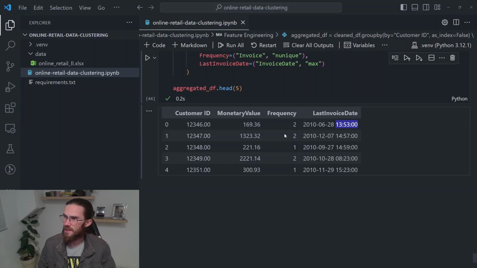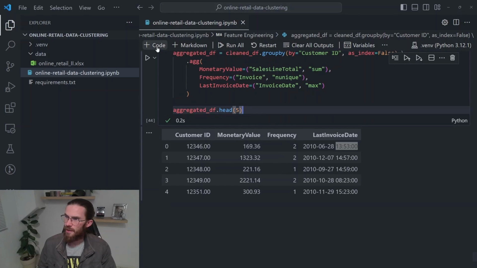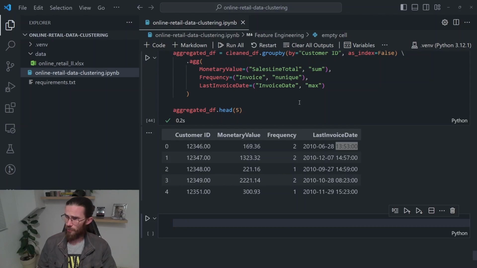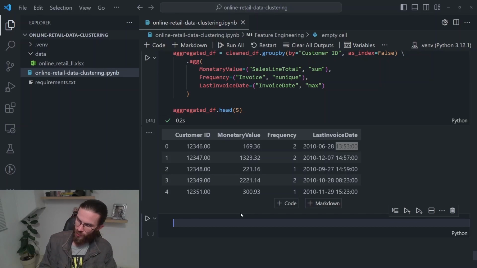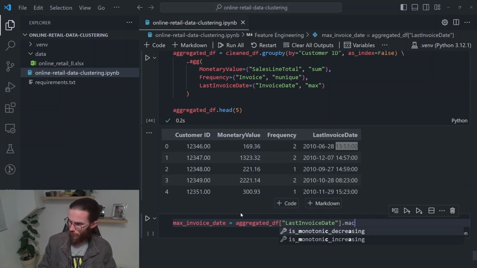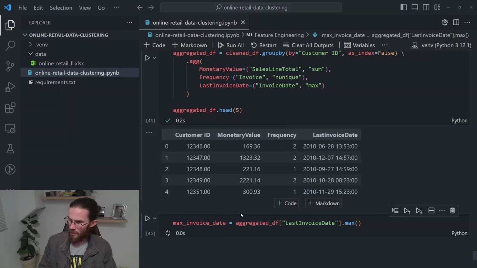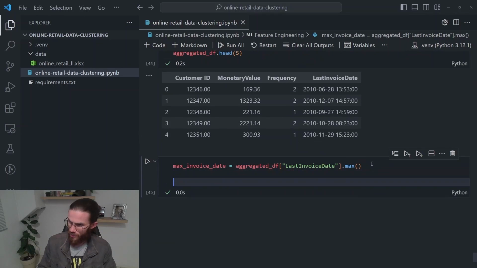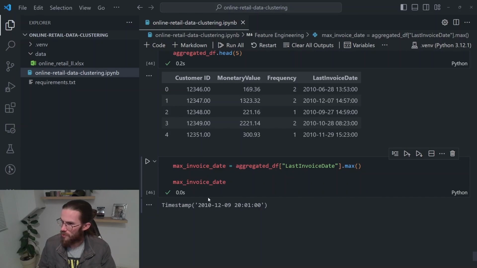All right, now we need to get our recency feature. To do that, I'm going to leverage our last invoice date over here. To start this off, I'm going to use a max invoice date over here, and this will equal my aggregated data frame, and let's take our last invoice date dot max. Okay, so this is going to be our very last invoice date. I actually wanted to print that out to see what it was. Okay, so this is the 9th of December in 2010, and I'm going to use this date to base my